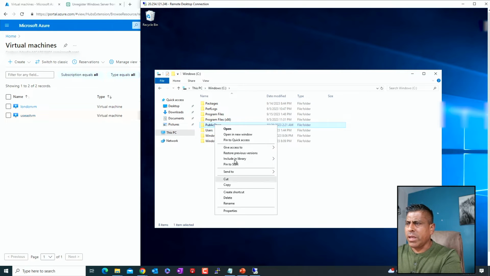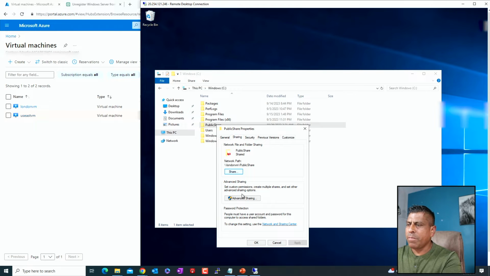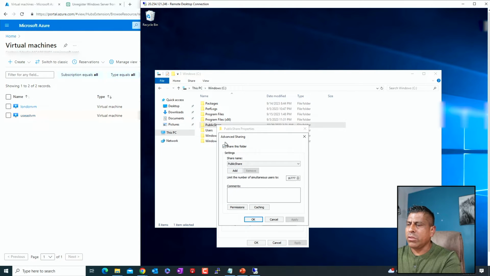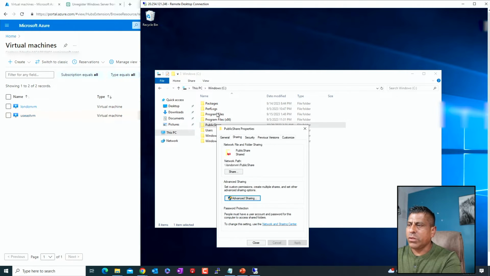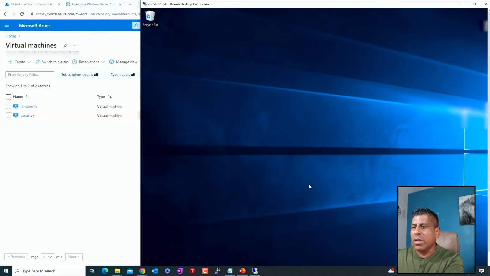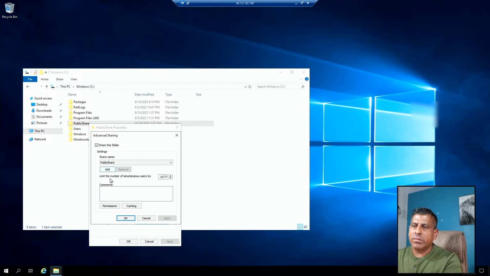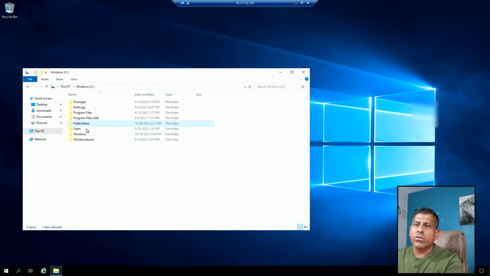This public share is the one that I would be sharing with my users. I'm going to go into advanced sharing, share this folder, public share. So I just share this folder. So my local users will be able to access this public share, and this public share is the one that is going to be synchronizing with Azure Files. I did the same thing on both machines, and I called it the same. I just call it like this for simplicity, just so that I can keep the same name consistent on both servers, and my users would be able to access